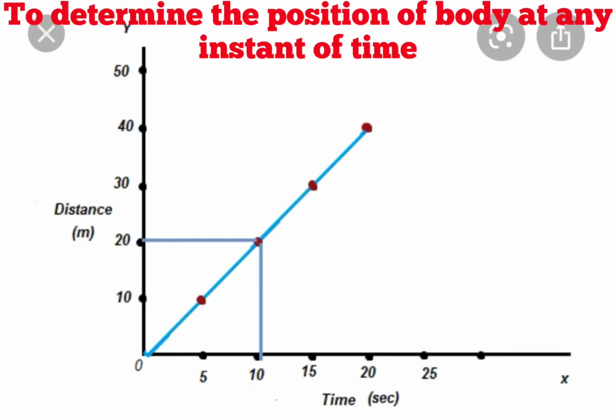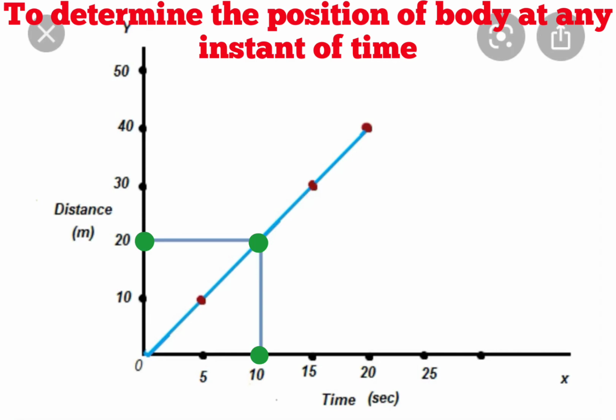The third use of distance versus time graph is, you can locate the position of body at any instant of time. Suppose that you are asked, how much distance body has covered after an interval of 10 seconds, and you have to find the distance travelled by the body after 10 seconds using this graph. So what you have to do, you have to draw a dashed line from 10 seconds to the graph, and from the graph you have to draw the line to y-axis. You have to see where it is intersecting. Here you can see that it is intersecting at 20. So after 10 seconds, body has covered 20 meter distance. This way you can locate the position of the body also.